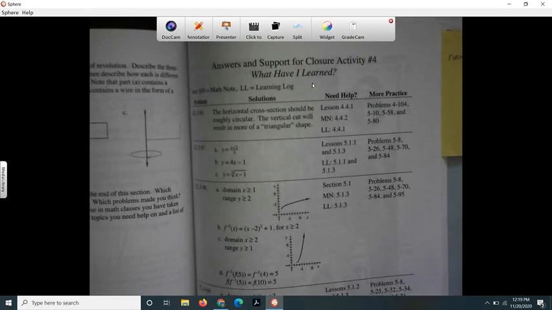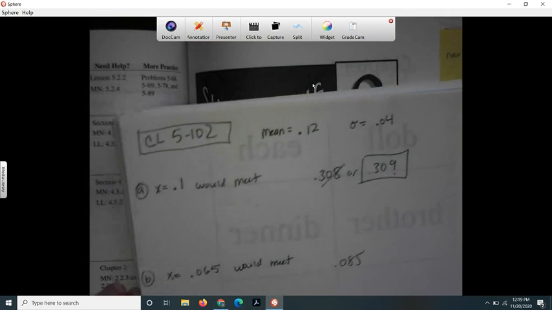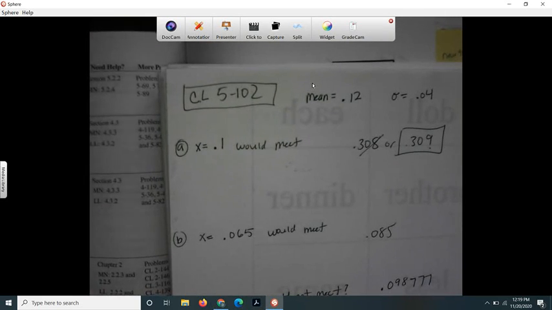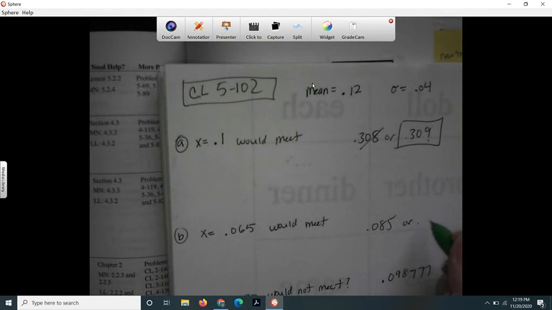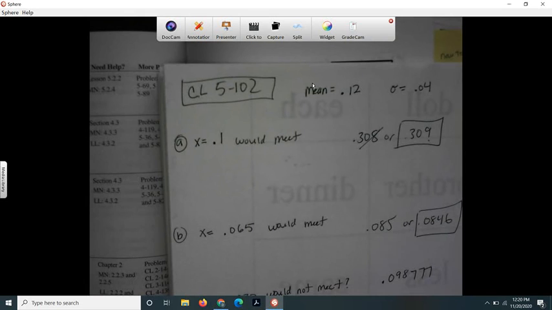And then for letter B, they said 0.0846. Sometimes they round to 3 and sometimes they round to 4. And then this one they rounded it to about 99% because it's